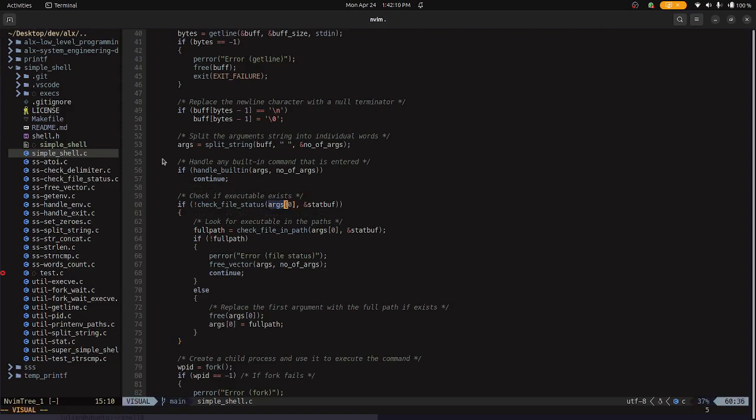So this is the array that I created when I split it. Then I'm checking arg0, and arg0 is the first argument, which is the executable. So that's why you're seeing arg0 everywhere. I'm just calling the first variable from what I passed, I split. So I'm checking if it exists. If it does not exist in the current directory, what my code is doing here is check the current directory. If it doesn't exist, then what I need to do now, this part is